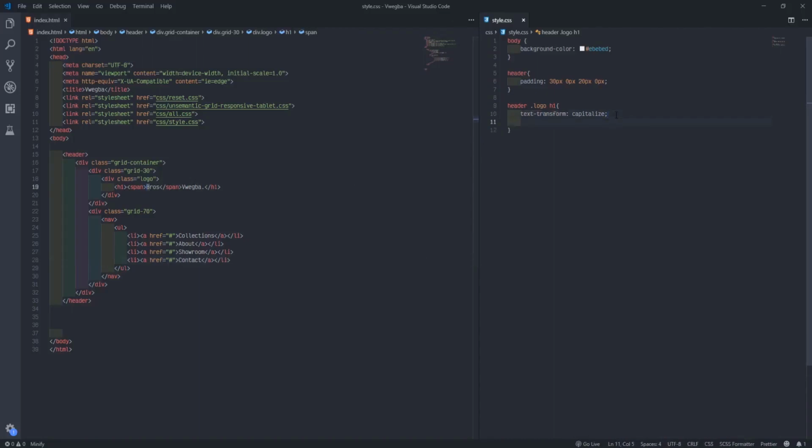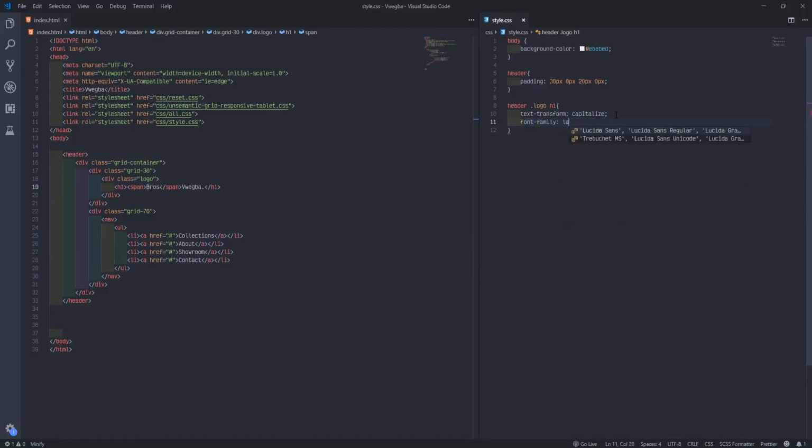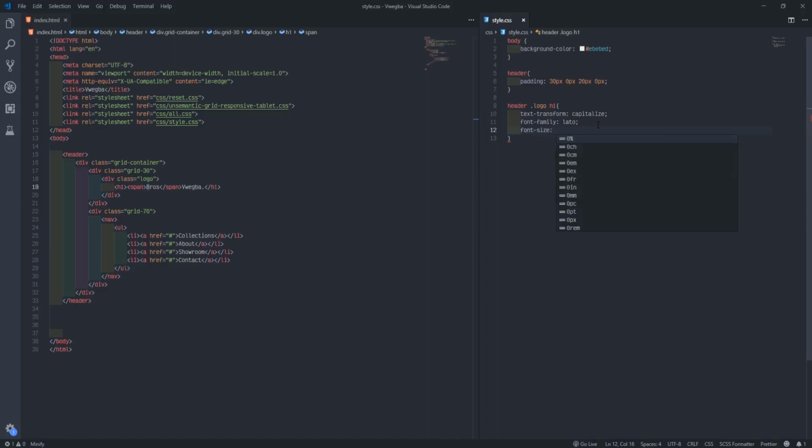I'll come here now and say the font family be Lato. Let's see. Might increase the font size. So the font size, I'll use like 20 pixel.